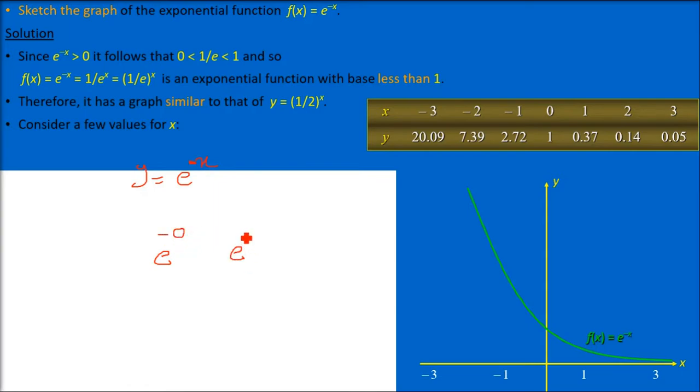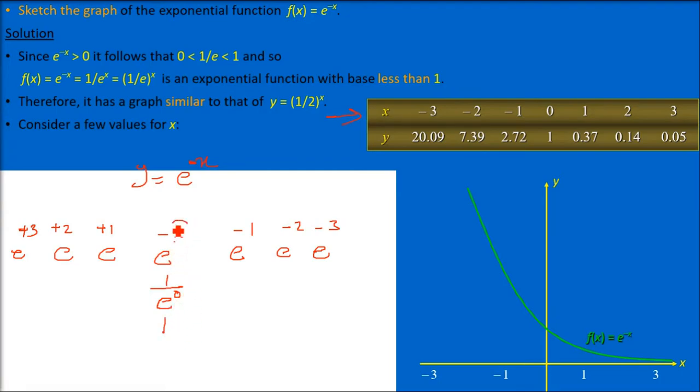We'll put x as 0, then x as 1, x as 2, x as 3. We are taking the x-axis values. Now we are putting x as negative 1. It is already negative, negative will be positive, e to the power 1. Now we are going to put negative 2, so negative positive, e to the power 2. Now we will put negative 3, negative positive, e to the power 3. So these are the x values we are going to plot, and we'll try to find the respective y values, which will be our range also.